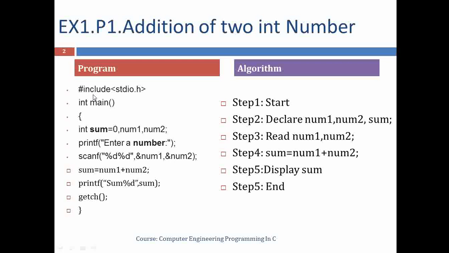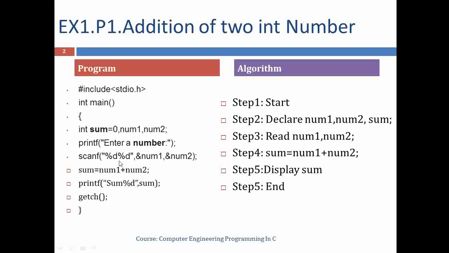First of all, we include all header files, that is include stdio.h header file, then start of the main body. Then sum is equal to 0, and number 1, number 2 declaration. These are the input variables, this is the output variable, and the initial value of summation is 0. Then printf, enter any two numbers, then we read the two numbers by using the scanf function. Here we get two numbers, number 1 and number 2, which are of decimal or integer type.